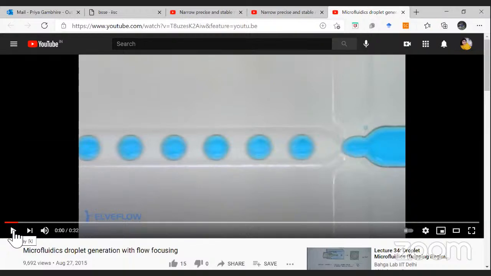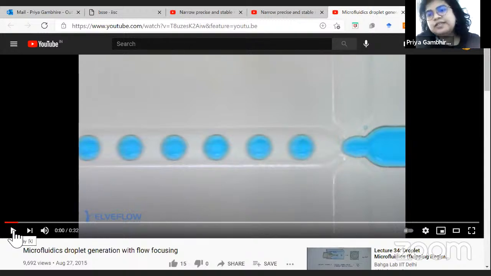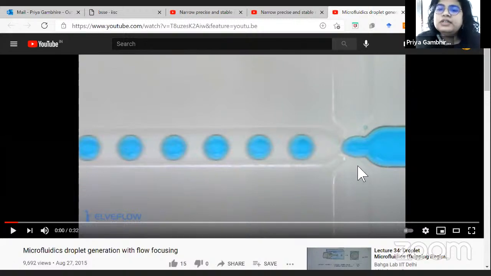So there's another common example of microfluidic devices where they generate droplets. If you see over here on my right side, there's a channel which is putting in a blue liquid, and on either side are two channels at 90 degrees, which are giving clear colorless liquid. And the design at this construction is such that in the previous one, they all were coming in a nice streamlined